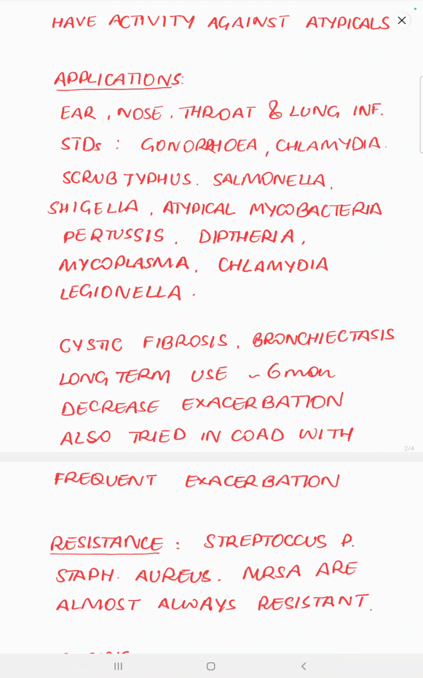agent, usually given for a long term like 6 months, and the main idea is to decrease the exacerbations. This also has been tried in COPD with frequent exacerbation. Here the dosing is something like 250 milligrams thrice weekly, or maybe 500 milligrams once weekly, given for an extended